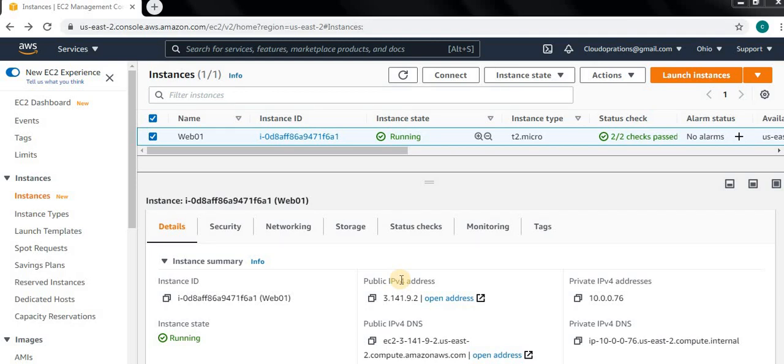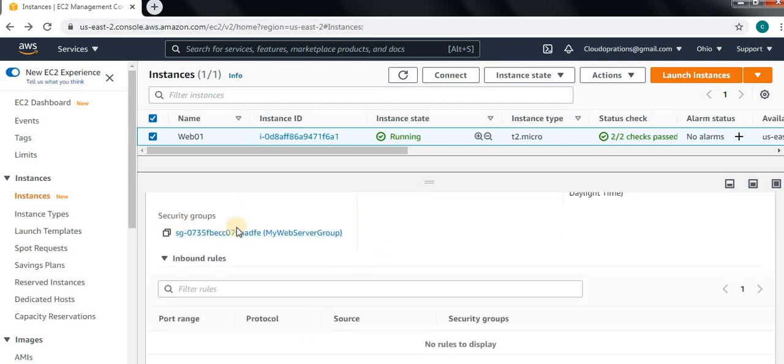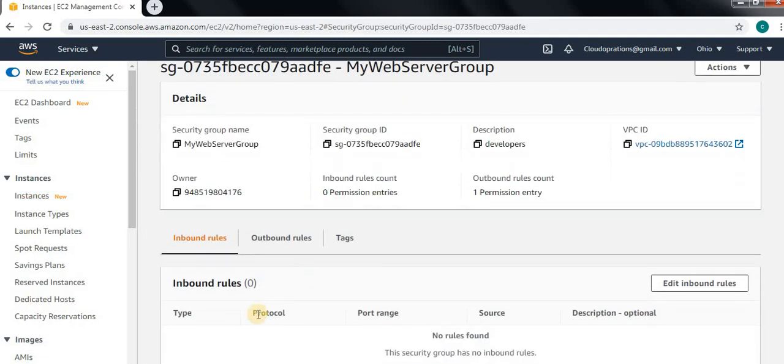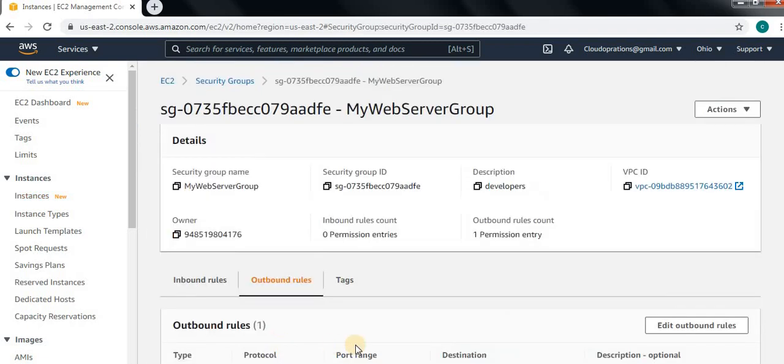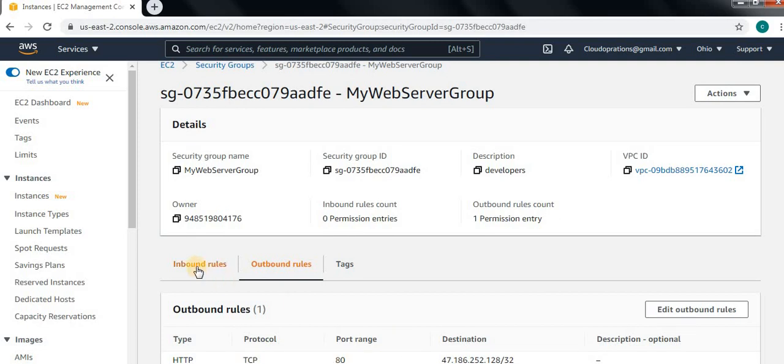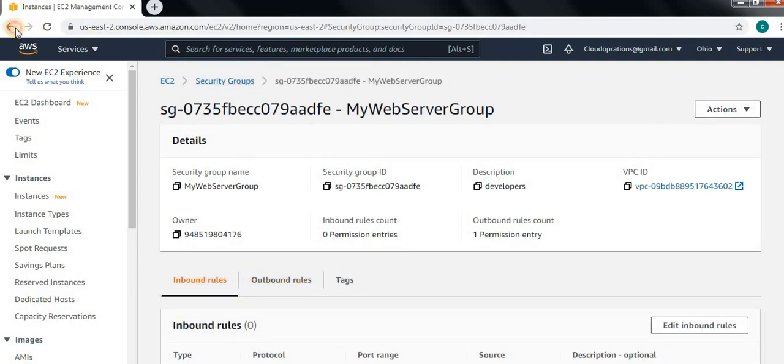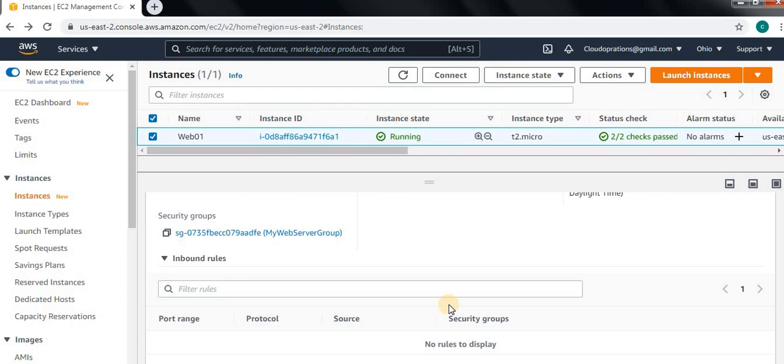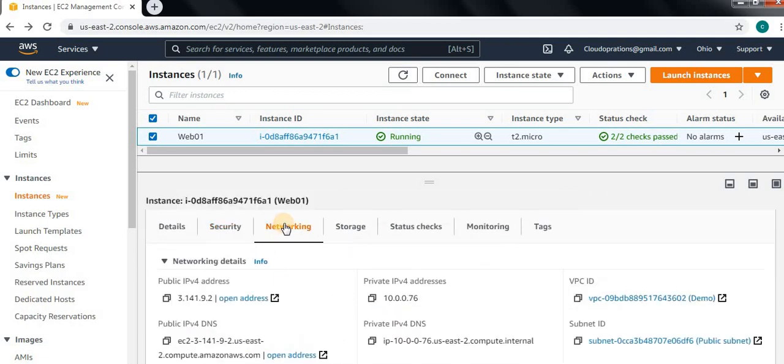So I thought let's share it with you and see how to change the security group in a running EC2 instance. This is my AWS console, and this is my web demo server. Let's look at the security tab. This is my security group, my web server group. There is no inbound rule, and only port 80 is enabled, so obviously we will not be able to connect via RDP, because RDP needs 3389. One more thing to see here is the public IP. Yes, this is hosted on a public address.